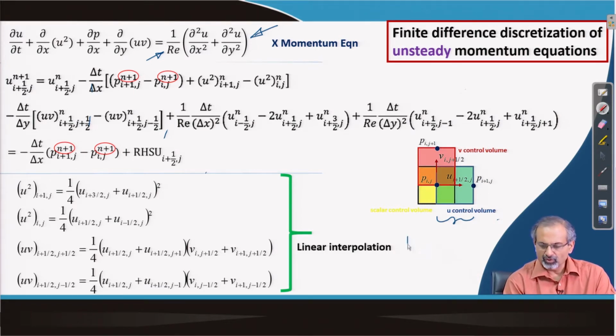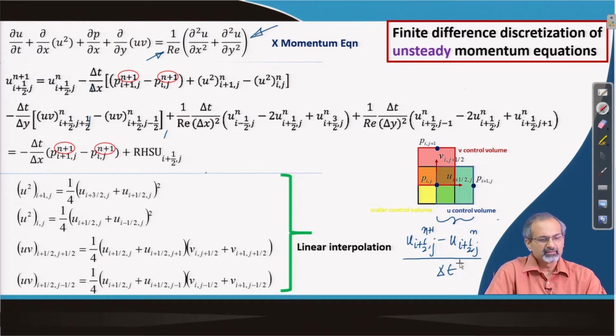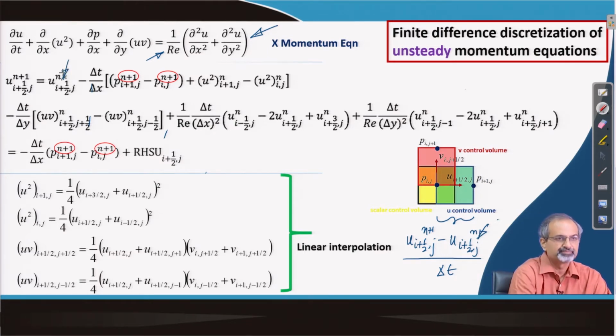So, if you follow the first order Euler scheme, then the time derivative may be discretized in this manner, and in that case what you leave behind on the left hand side is the n plus 1th time step velocity that you would actually like to generate, so that you can move to the next time step calculations, and this term is transposed to the right hand side. So, that is what you find over here, and because you have generated a delta t term in the denominator, if you multiply the whole equation by delta t, then delta t goes over to all these terms on the right hand side. You can see that,